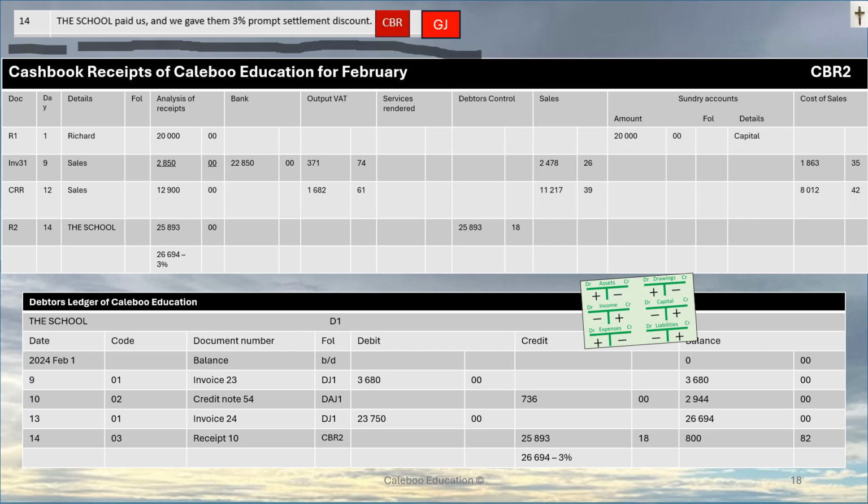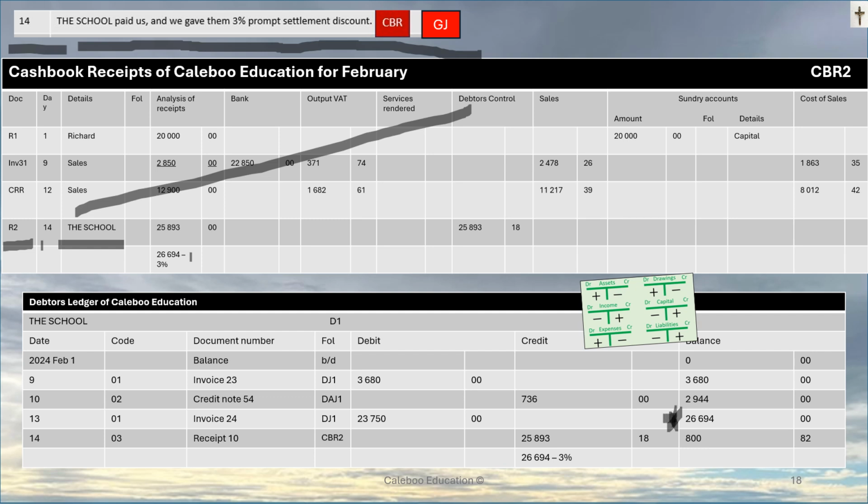Now this is interesting. We are receiving money, so it goes into the cash book receipts. We issued a receipt. You can ignore these transactions. I'm only interested in the transaction on the 14th because we're doing all the transactions that relate to the school and debtors control. So on the 14th, the school paid us, and the amount that was owing was the existing balance, there it is,